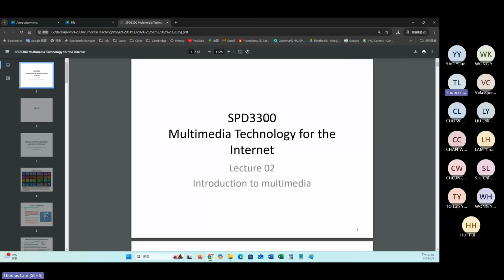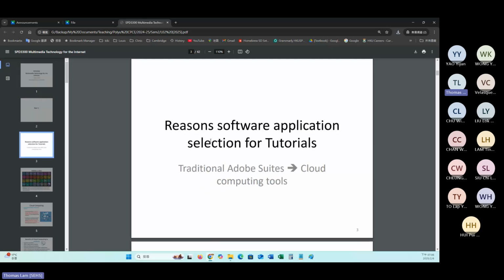So tonight we are going to have a look at the multimedia technology and concept again. The first part is to talk to you about the software selection for your tutorial.